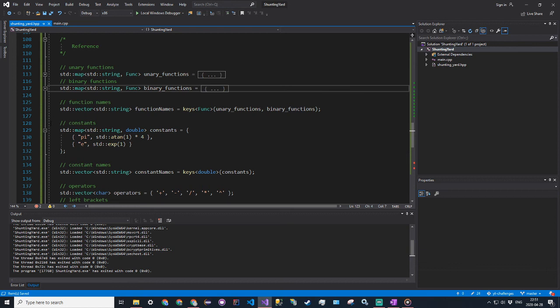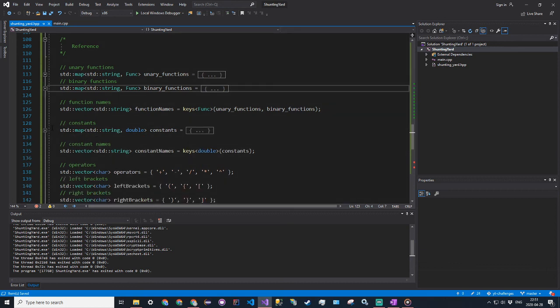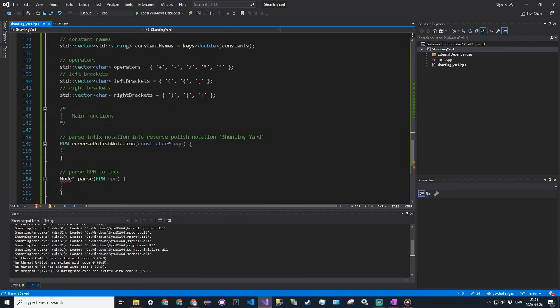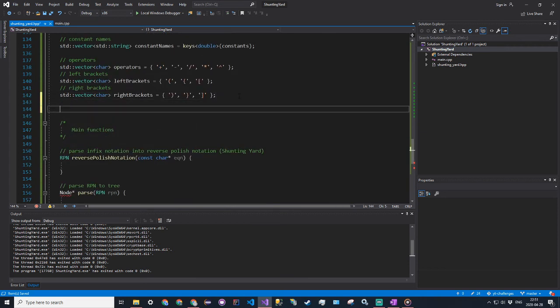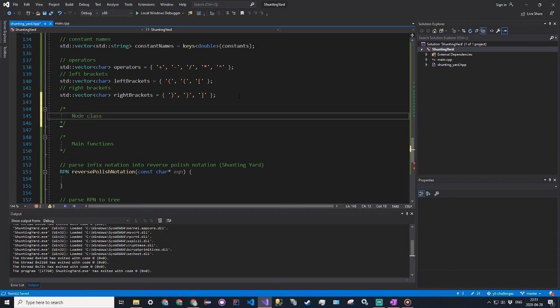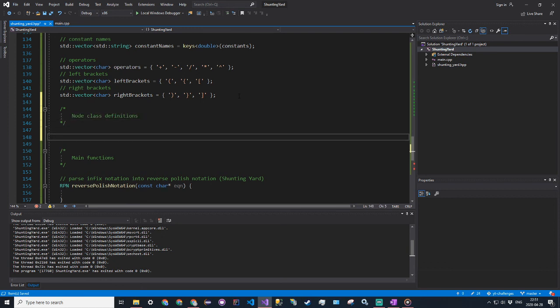So we can minimize those, minimize our constants, and that is good for our reference. Now we are going to go ahead and do our node classes. So below reference, let's go ahead and do node class definitions. So in node, we are going to have a base class that will give us the base properties of a node, so its branches and then a couple of values. And then it will also provide a template for an evaluation function. So base node class,